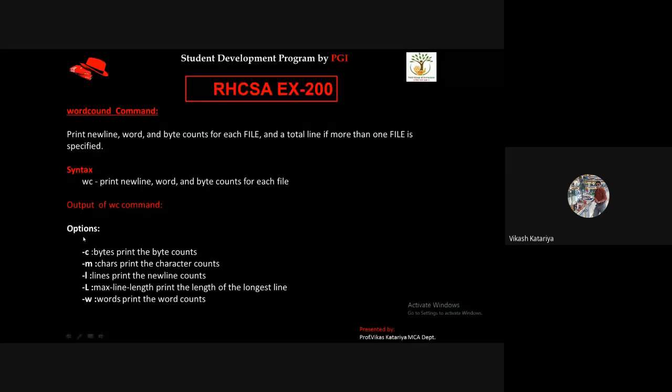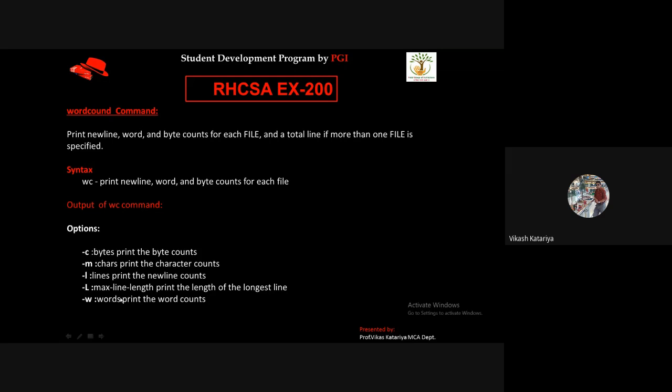So these are some options. -c for getting the byte counts, or character counts, because a byte is nothing but a combination of 8 bits. We can consider a single character as 2 bytes also. So byte and character are as good as the same. Small -m prints the character counts. -l prints the newline counts.